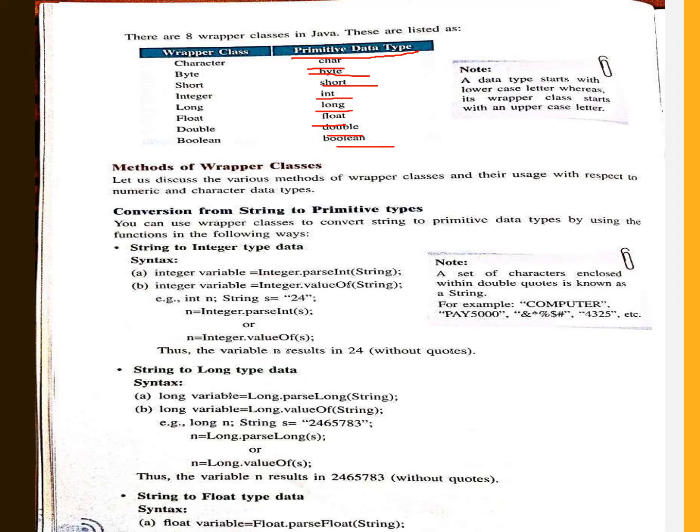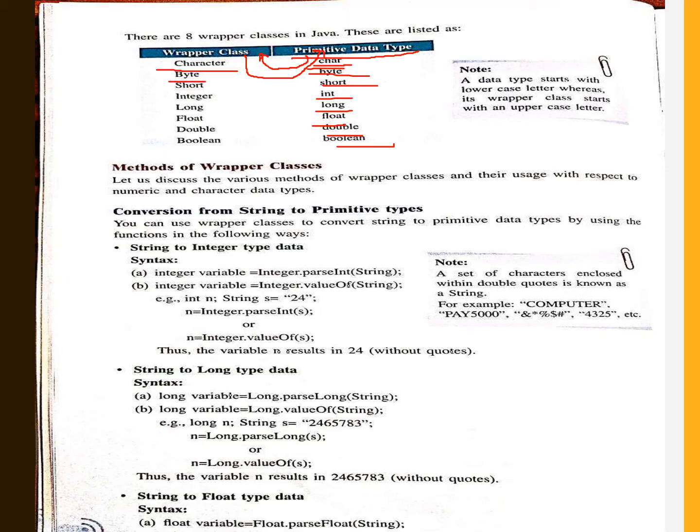You all also know the definition of wrapper class. A class that converts the primitive data type into a wrapper class object and a wrapper class object into a primitive data type is known as a wrapper class. For example, here Character is a wrapper class for the primitive data type char.